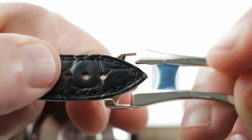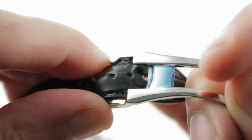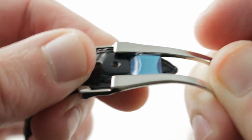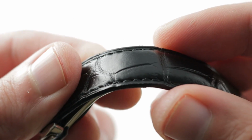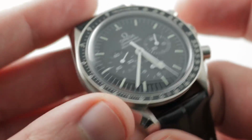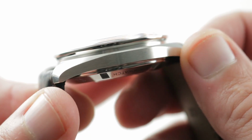There's also a minderless system, so that the strap tucks into the clasp and then it actually fits in under these little flanking ears, buckles down, and once in place, all the extra length is underneath the strap body, so there are no minder loops and there's no excess length flapping in the breeze. It's a very clean system. A high-grade clasp for a high-grade watch,